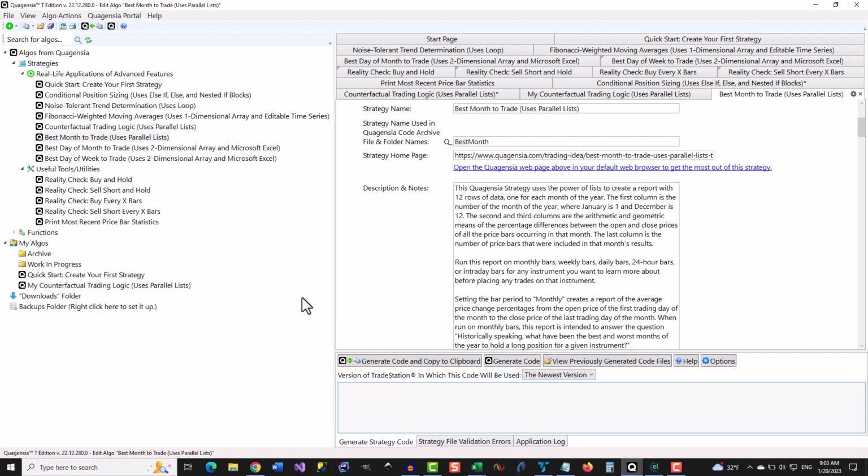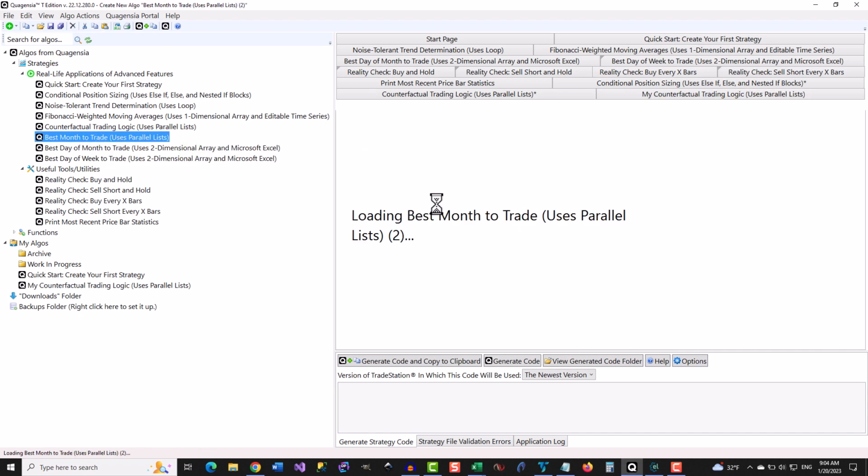To customize this report without code to only include the months that more closely match the current market conditions for your instrument of choice, make a copy of this built-in strategy as previously described,